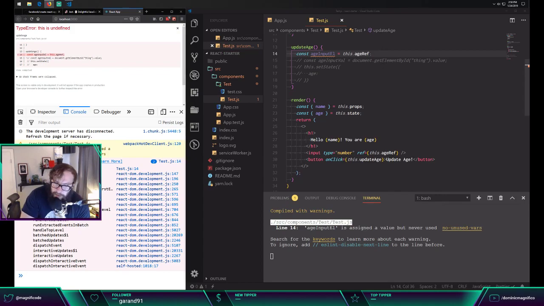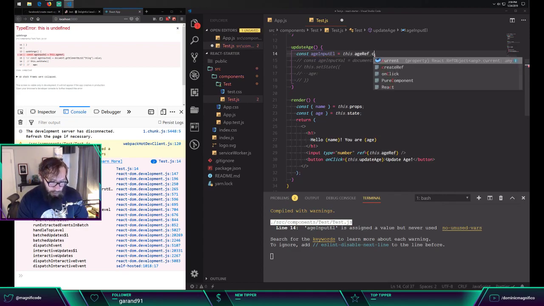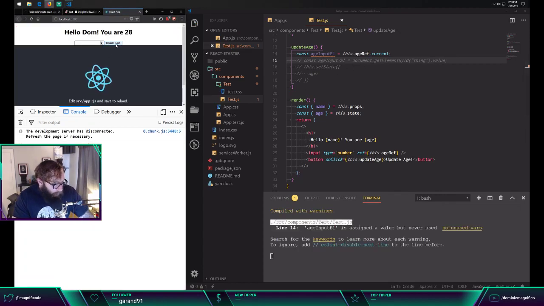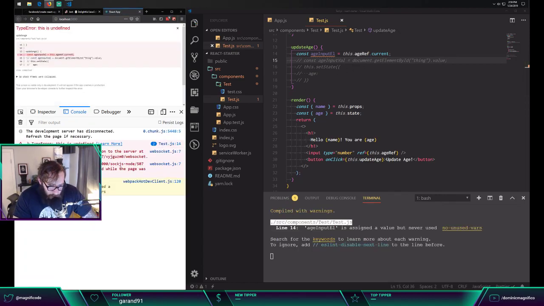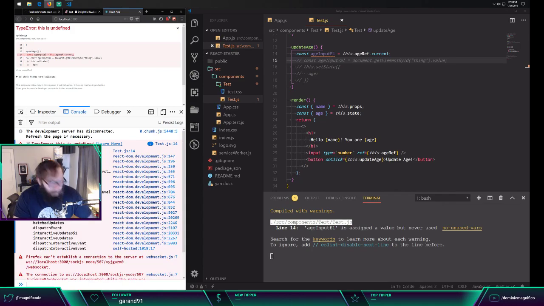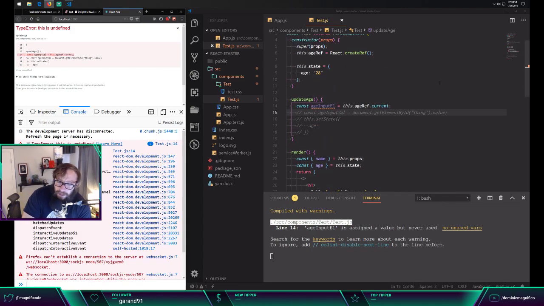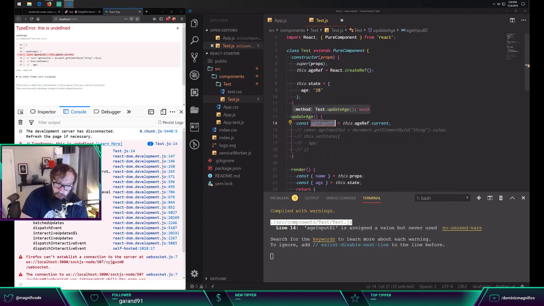And that is because in order to actually, within this method, get at the DOM element on the page, this is just a parameter of using refs. So when you're referencing that ref, you need to then tell it current. It's a property of the ref. Oh, you dirty liar. You know what it is? We have not bound this to our